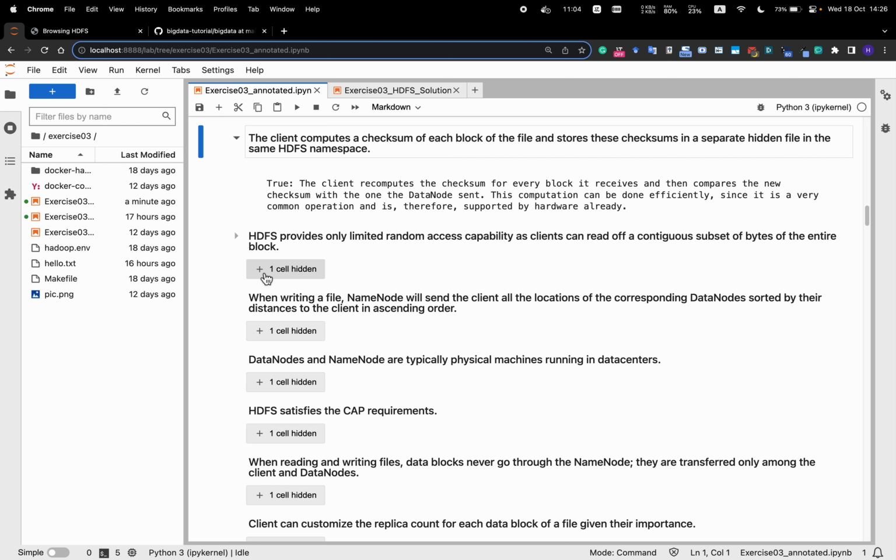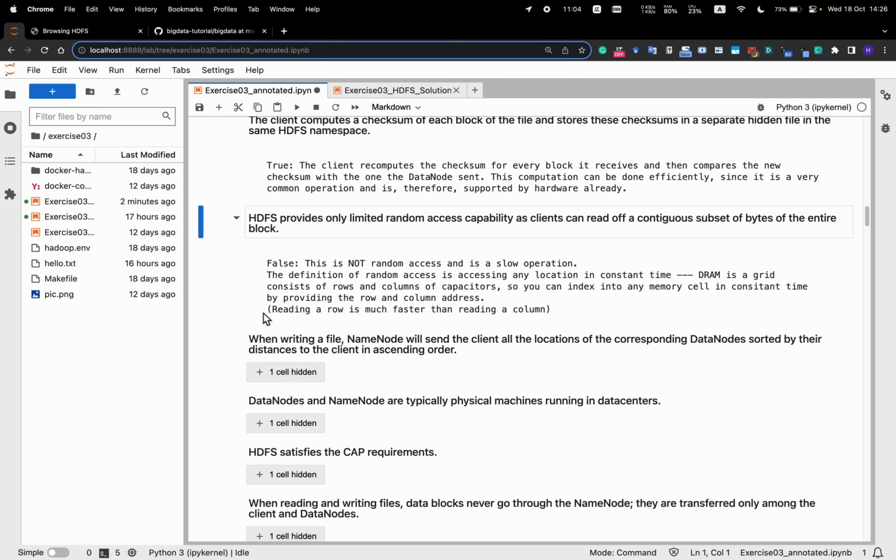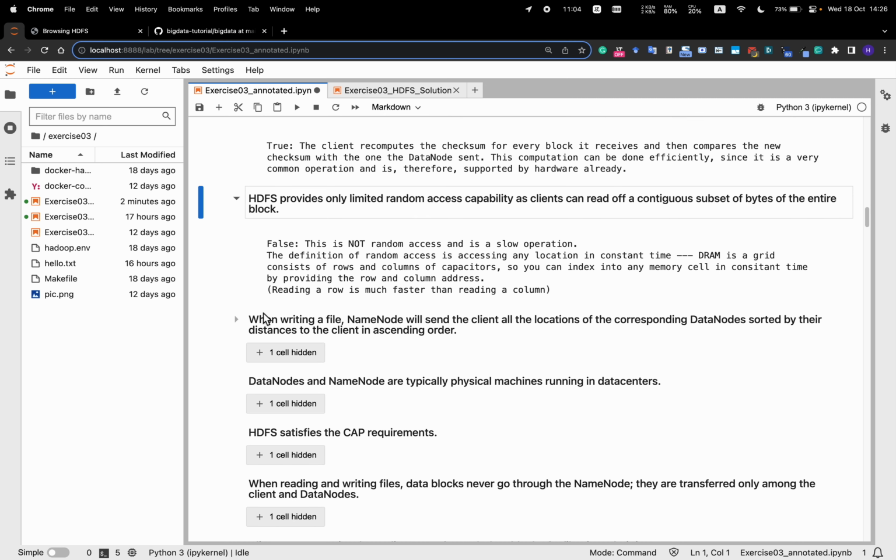The first part, you mean the limited random access? Yes. And the second part, you mean the contiguous access. Actually, the opposite. Sorry. I think this was quite a difficult one, so we didn't really put this in the exam. Essentially, the first part is false, the second part is true. So you can access a contiguous sequence of bytes in a block, but this is not a random access, right?